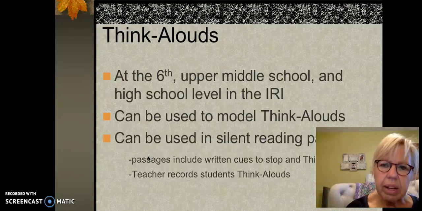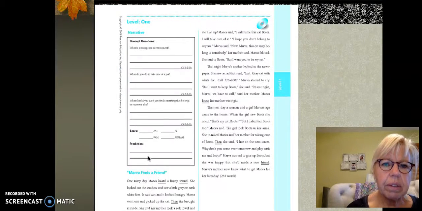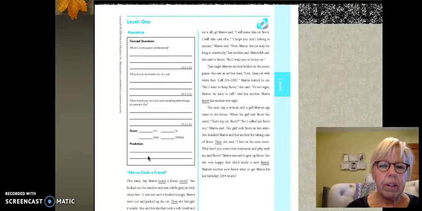Oh, sorry, I've got to go back and find my page here. Okay, here we go. So then once you've finished with the concept questions, then you have the student actually orally read to you. Now, I encourage you, you don't have to videotape it, but audiotape while they're reading so that you can go back and check your coding, because you're going to actually mark their miscues on this